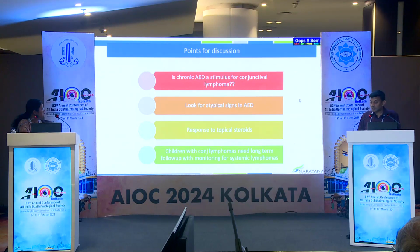So it's quite important for us not to treat all these recurrences with congestion as just allergic eye disease, but to look for any other coexisting lesions. Sometimes these lesions can also respond to steroids. So it's important that any atypical thing we send for histopathology. And children with conjunctival lymphomas need long-term follow-up and monitoring for systemic lymphomas. I think Shruti can